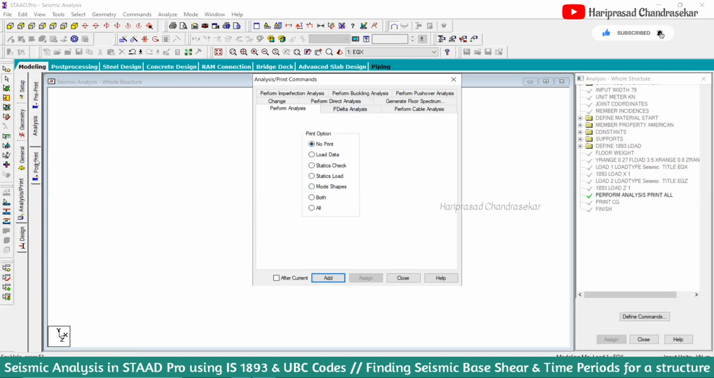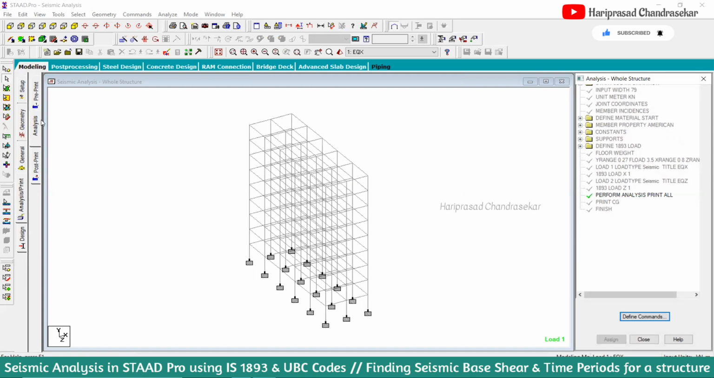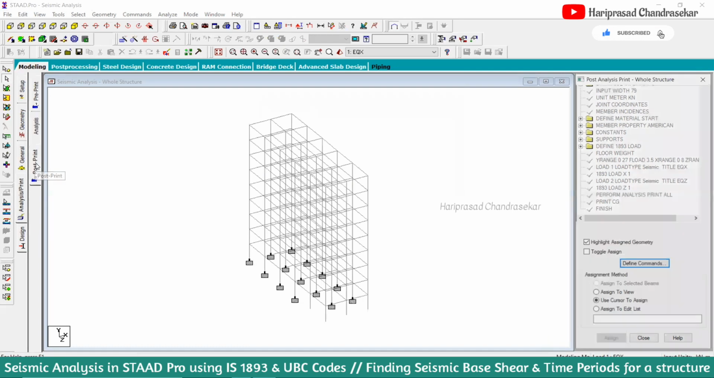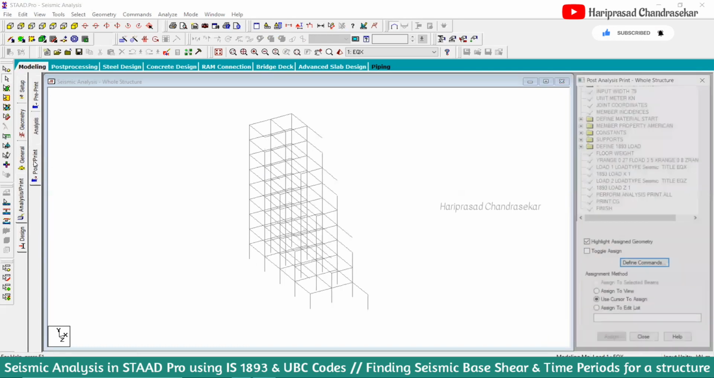So from here, post processing. After analysis, in the perform analysis. Apart from that, you can also go to post print, and here you are going to have a